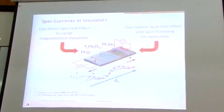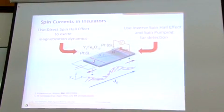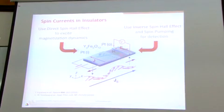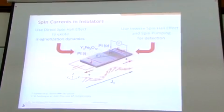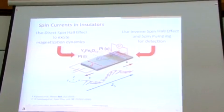Now, at this point, this conversion is not very efficient. They put like milliamps in here and measure nanovolts there. I mean, there are many ways how you can do this, but it's interesting because it now